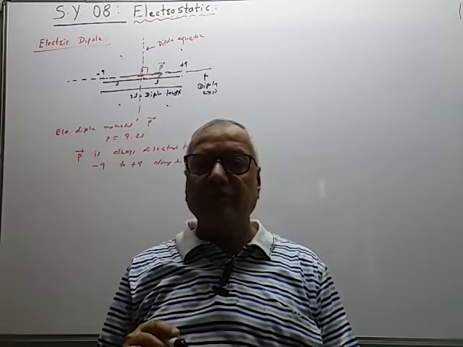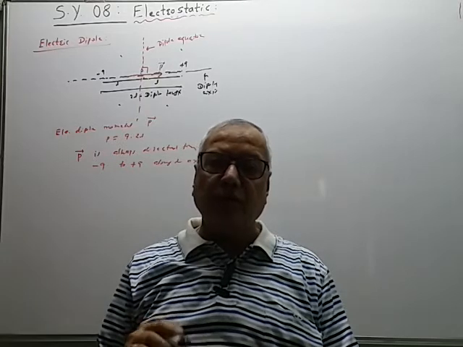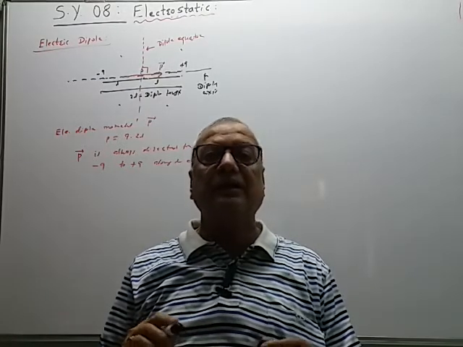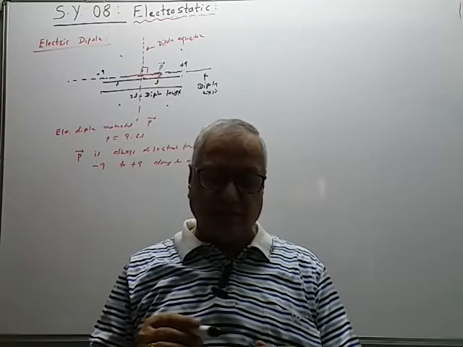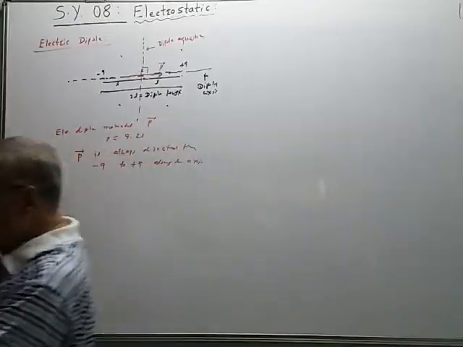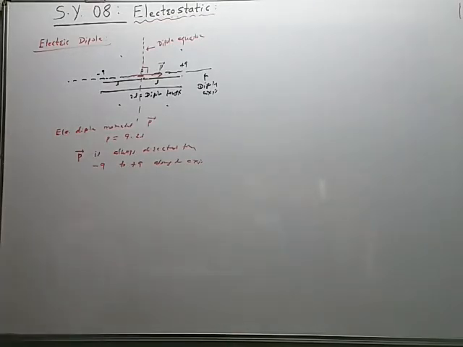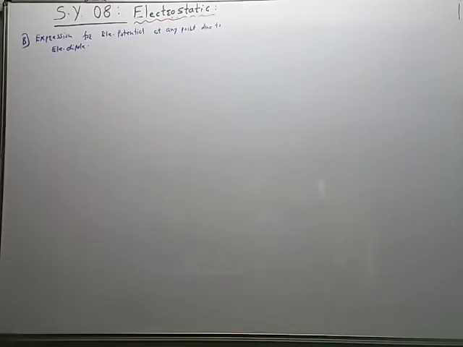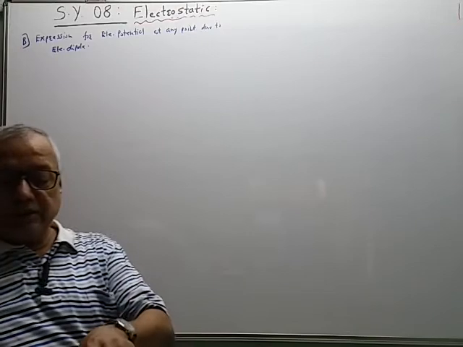So first we will derive the general formula. We have to derive the expression for the electric potential at any point due to the electric dipole, like this. So let us see that relation. The derivation is very simple. Same concept can be used for magnetic potential also. So let us start this derivation. It can also be used for magnetic potential.